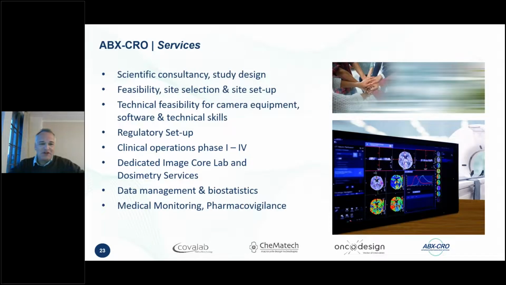So to this end, we provide you with feasibility, site selection, setup, having in mind, of course, the patient, the patient source institutions, but also, of course, to select suitable imaging institutions which have the requisite camera setup, because many institutions which may be patient-wise interesting have no adequate state-of-the-art imaging equipment. So we have to build composite sites, which is part of our special know-how. So the technical feasibility for camera equipment, we bring up to speed cameras by interacting with vendors and manufacturers in order to really bring the camera performance and normalization to a point which allows really quantitative comparability in a multi-centric setting, which is